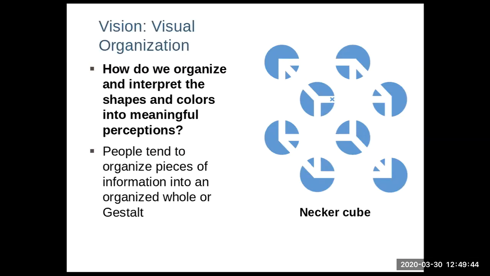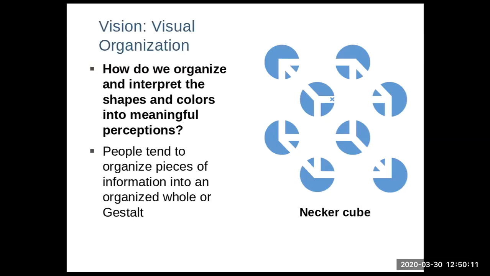If you were to concentrate your attention on the X, your brain basically tries to fill in the blanks or turn a bunch of pieces into something whole. And what you get is an organized gestalt. You get a whole picture. In this case, what we're seeing is a three-dimensional cube filling in the spaces of the circles, even though it's a two-dimensional object. You're seeing it on a computer screen, which is two-dimensional.